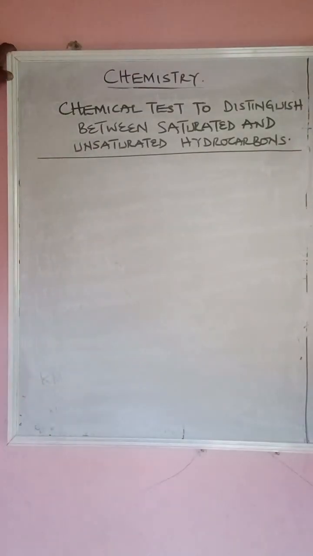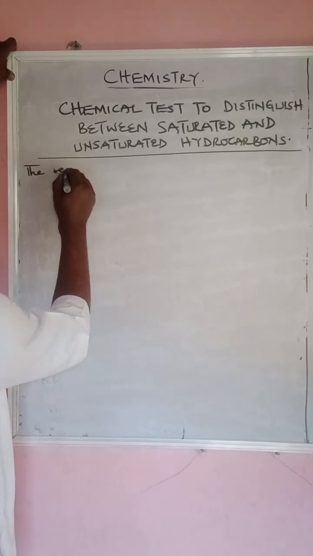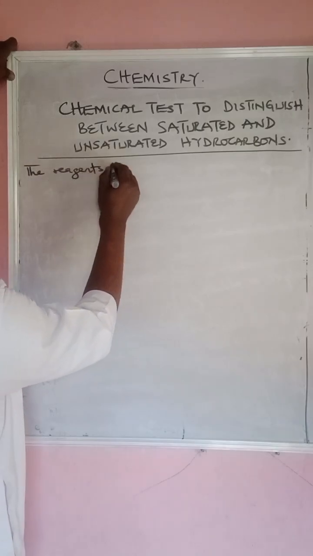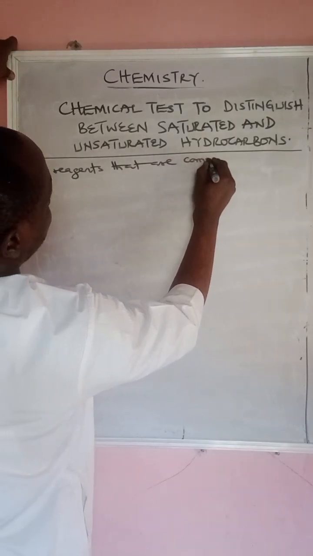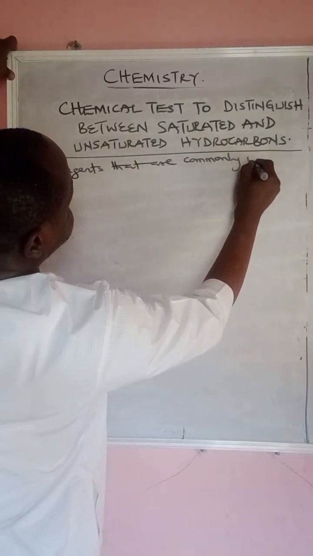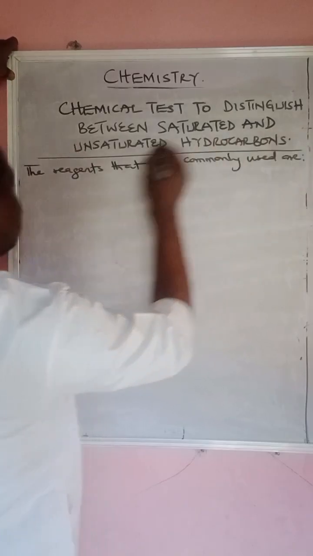What are the chemical tests to distinguish? So the reagents that are commonly used, the chemicals are,